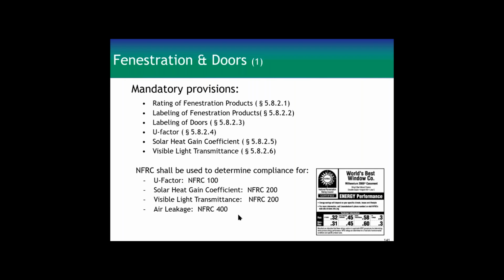So you can test, if you don't want to, you can test your assemblies and your doors and your windows and stuff and show that they passed. But these people have a very good set of data. You can go to their website and pick many pieces of glass. Their labeling gives everything for a modeler to use, plus everything for an inspector to look at to say, yes, this piece